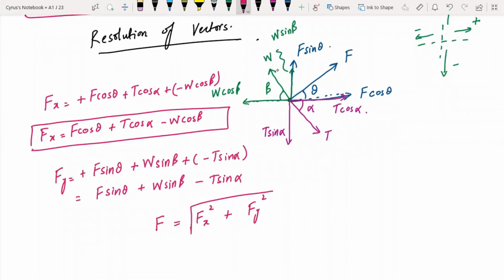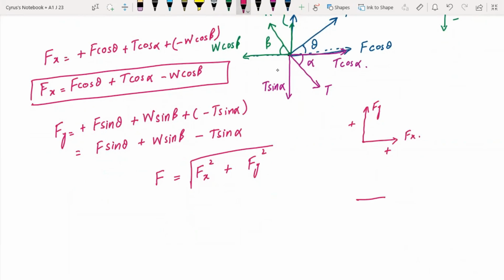इसमें एक और चीज का आपने ख्याल रखना है, जो आपका आंसर अगर पॉजिटिव आएगा fx का और fy का, इसका मतलब है कि fx राइट की तरफ लाई कर रहा है। अगर fx पॉजिटिव आता है तो इसका मतलब है ये राइट पे लाई कर रहा है रिजल्टेंट, और अगर आपका fy पॉजिटिव आता है तो वो ऊपर लाई कर रहा होगा। अगर fx नेगेटिव आता है तो वो लेफ्ट की तरफ होगा। ये चीजें आपने ख्याल रखनी है जब आप एंगल निकालेंगे। मैग्नीट्यूड में तो कोई फर्क नहीं पड़ेगा।